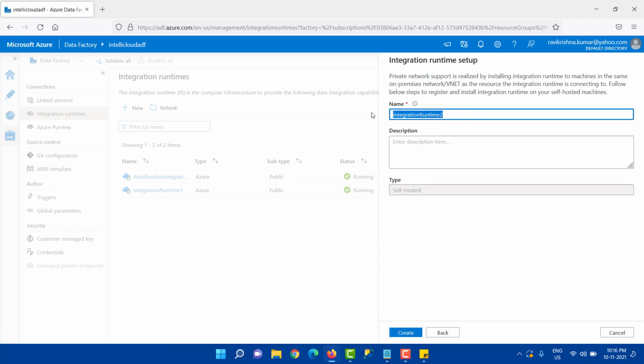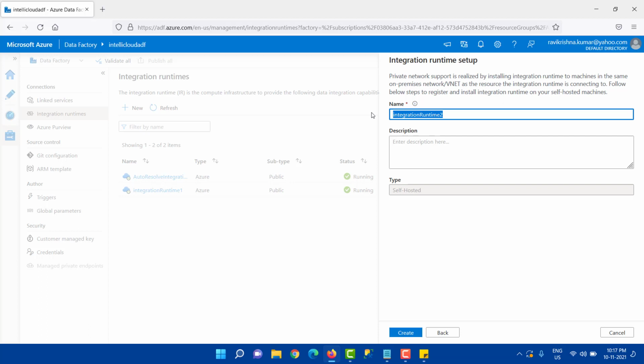self-hosted integration runtime. Here we have two parts to create this self-hosted integration runtime. One is to create the integration runtime in Azure Data Factory and download the installation file, and we have to install this integration runtime on our computer in a private network. The other part is that Azure Data Factory can connect to the SQL Server in the private network itself.